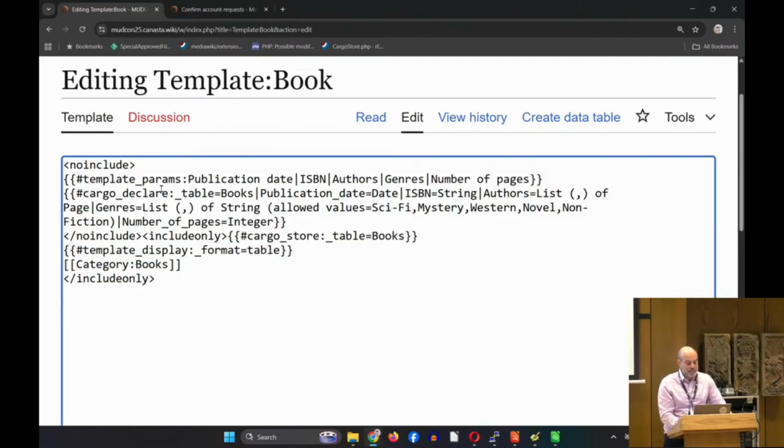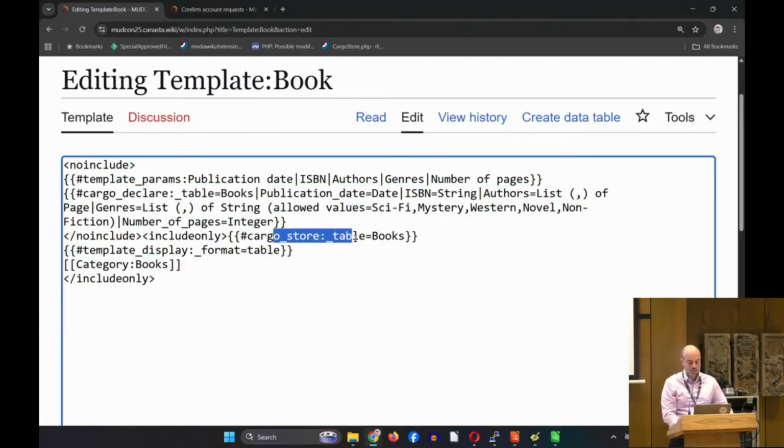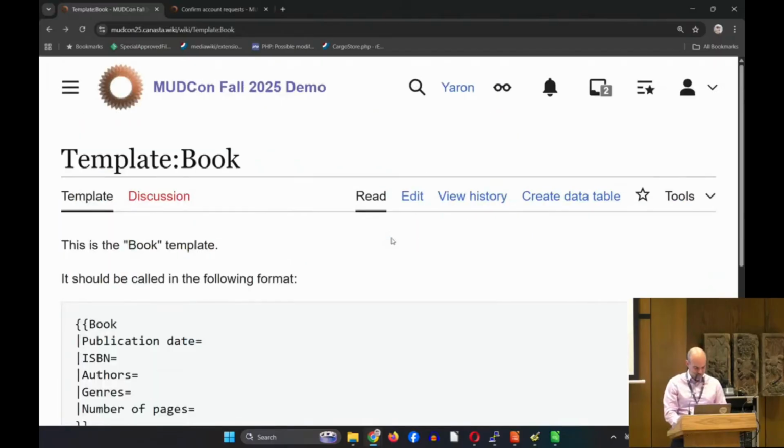There's the very similar looking cargo declare. It's a little bit redundant, but that's how it goes. Cargo declare does the same thing for the storage of the infobox data. Usually there's a one-to-one correspondence between a template field and a cargo field, but not necessarily. You can do all kinds of more complicated things. And then finally, there's cargo store, which handles the storage for each individual call to the book template. Sorry if that's confusing. This will hopefully make more sense. So let's start